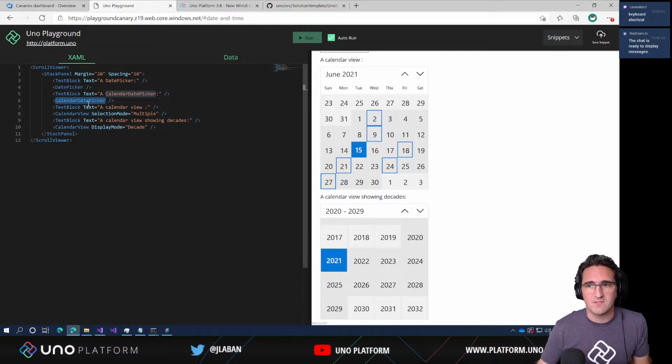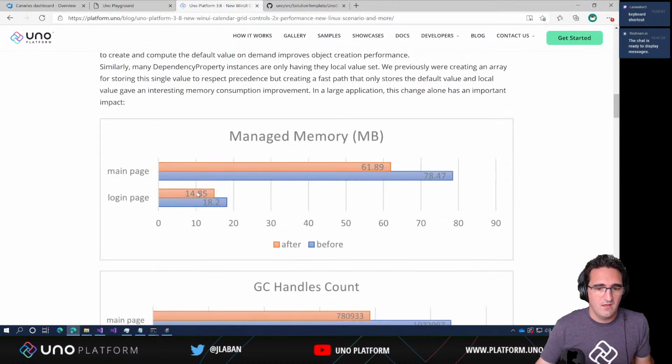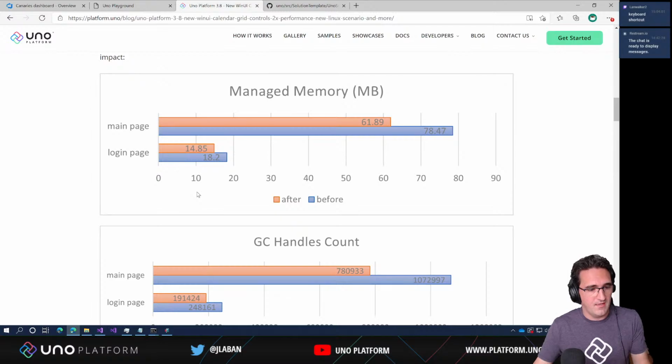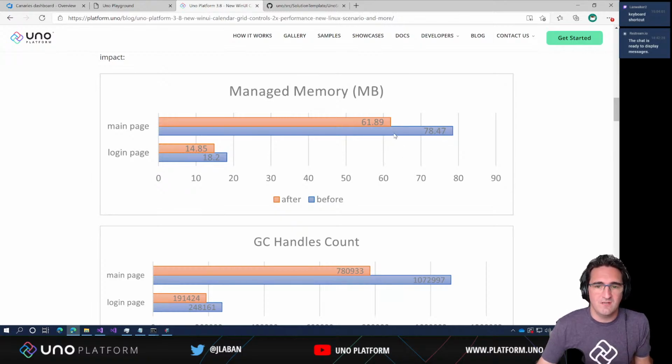So that can happen in some cases. And the change that was made was to make sure that we're not creating properties and creating arrays inside to manage all those layers and inheritance precedence management for dependency properties. And doing that kind of change gave an interesting boost in reduction in memory consumption. So we're going from 78 megabytes to 61 in a before-after for a main page